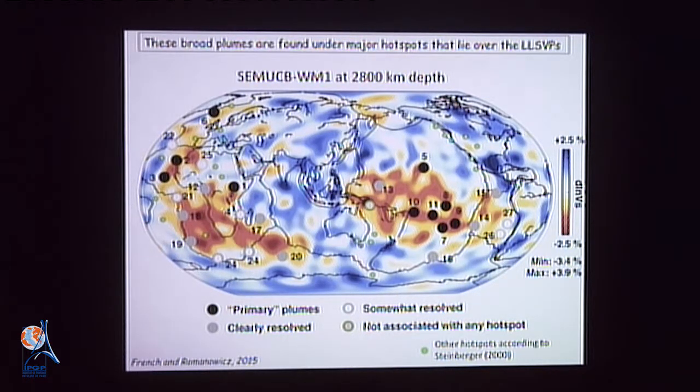But the main point here is that all of these features are actually overlying the large low shear velocity provinces, which are shown here in the background in our model at 2,800 kilometers. And the other hotspots, which are indicated here in green from the compilation of Steinberger, do not have corresponding features. So this is also interesting and leads us to make some comments about the large low shear velocity provinces. You may find that this structure looks a little bit spotty, but in fact, this is well resolved,